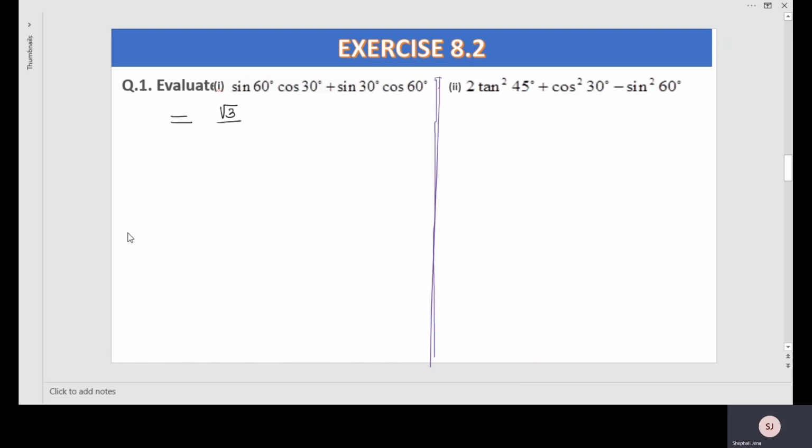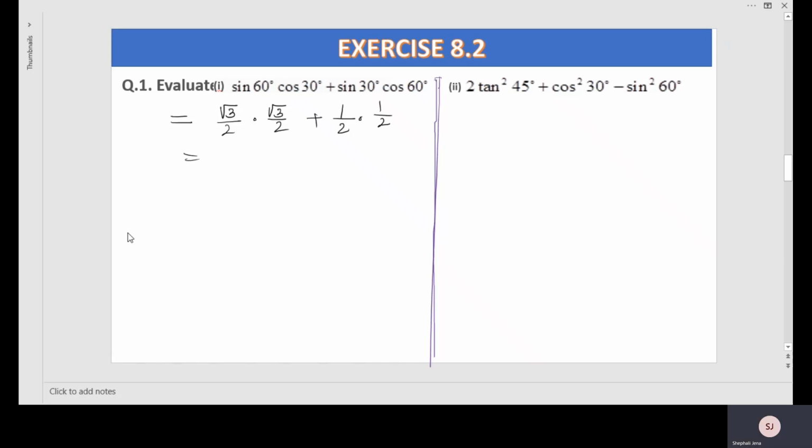So it will come 2 into cos 30 degree. Cos 30 degrees is square root of after divided by 2. Square root of after, cos 30 degree means how much? Same, root 3 divided by 2 plus sine 30 degree, square root of before divided by 2. So 1 divided by 2 into square root of after divided by 2, so only the thumb finger is there. So it is 1 divided by 2.